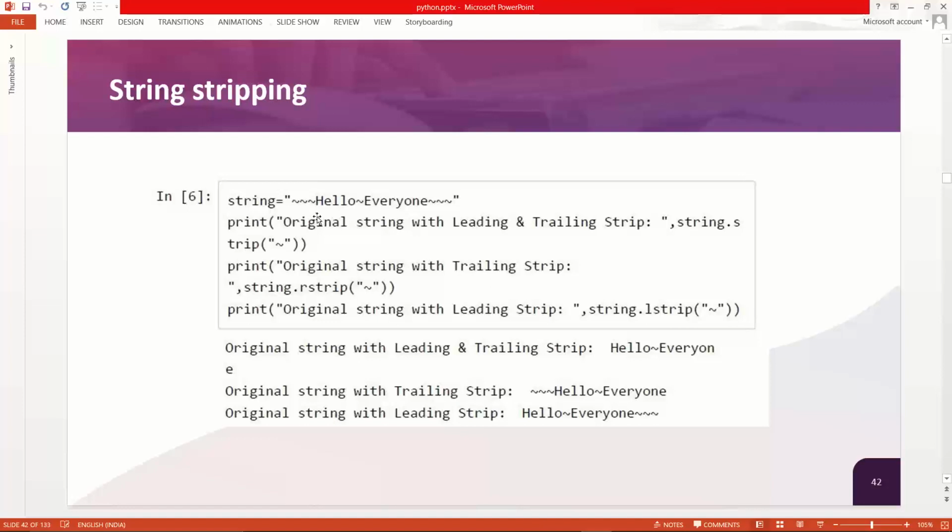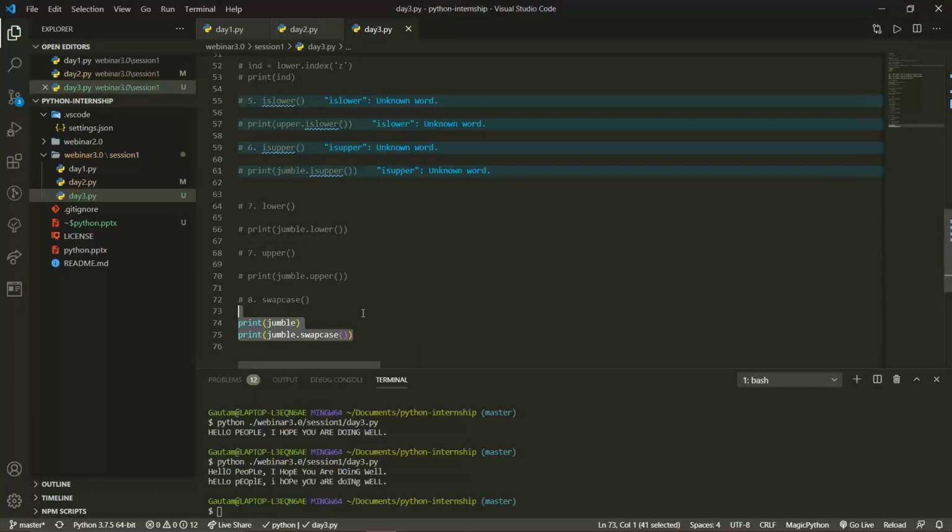Now what is L strip? We will use this to strip from the left hand side. Now what is R strip? We'll use this to strip from the right hand side. And what is strip? We're going to use this to remove it from both sides, from the left also and from the right also. But remember, it won't hamper anything that is in between the string. Okay, for example,